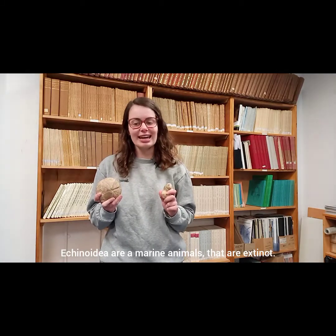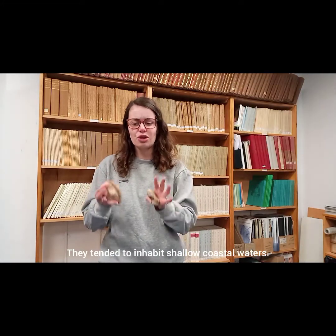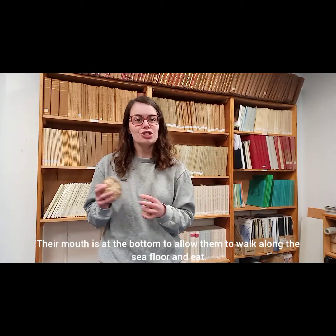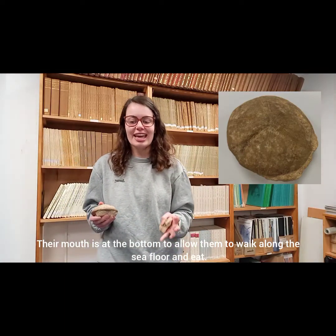Let's talk about Echinoidea. Echinoidea are a marine animal that is extinct, that has a hard shell and a spine that runs through, with then a soft creature attached to the bottom. They tended to inhabit shallow coastal waters. Now, over time, the shell would have been covered in sediment, and then later it would turn into rock through fossilisation. At the bottom of the Echinoidea shell, they have their mouth. So they walk along a bit like a starfish, along the bottom of the sea floor, eating all the algae